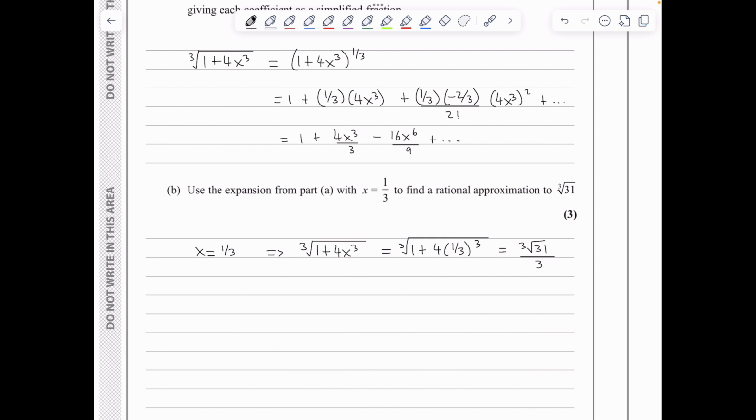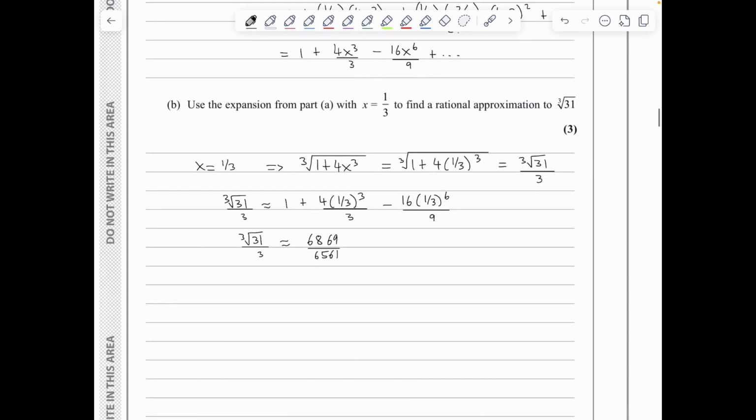This means that if we substitute x is 1 over 3 into the first 3 terms we obtained in part A, we will be obtaining an approximation for the cube root of 31 over 3. So we've got the cube root of 31 over 3 being approximately 1 plus 4 times a third raised to the power of 3 over 3 minus 16 times a third raised to the power of 6 over 9. Well, if I evaluate the right hand side, we arrive at the cube root of 31 over 3 being approximately 6,869 over